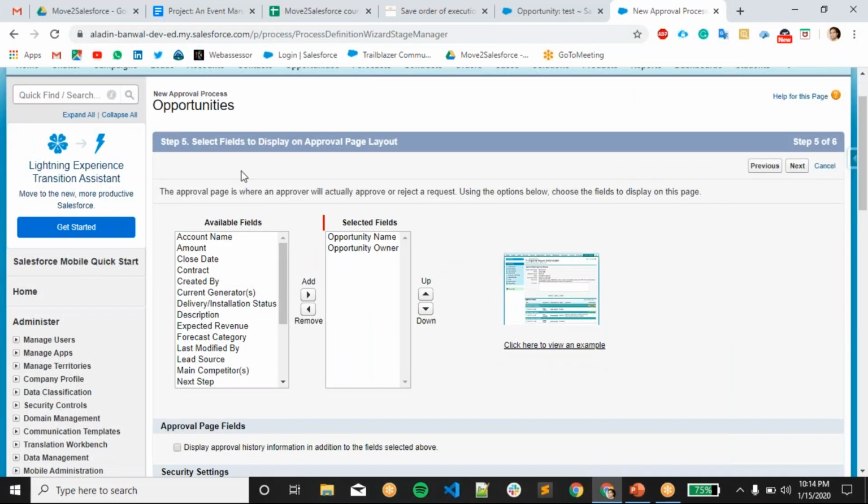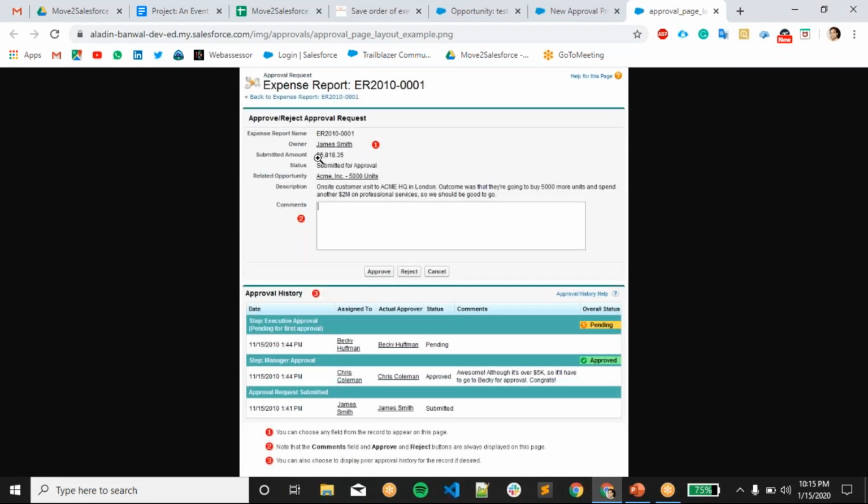And here in this step 5, what we have to do is select all those fields which we want to show to the approver, like how many fields from this particular record you want to display. Here is the example you can see. This kind of page the approver will be receiving in his org: approve, reject, approval request.